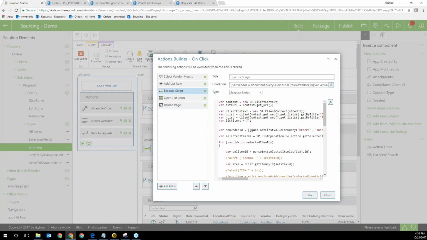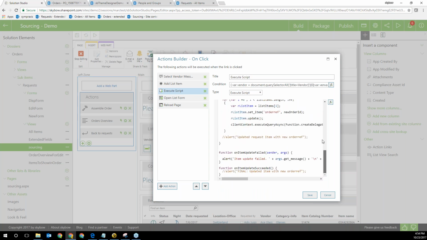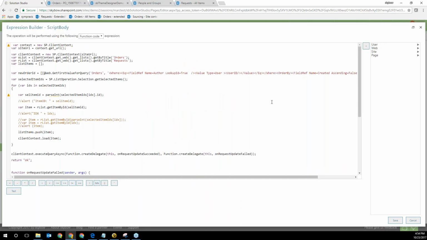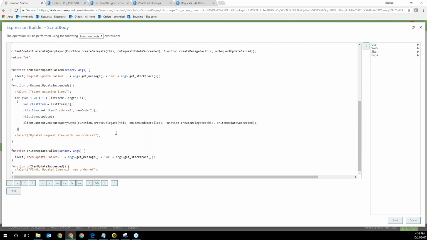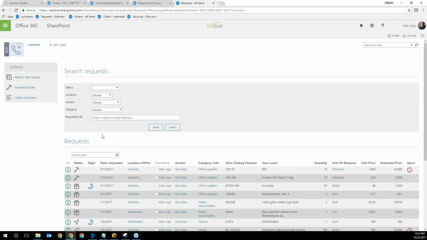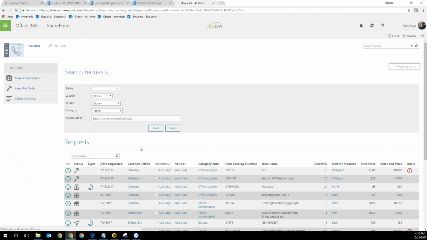So now there's a script here, which is actually showing us how the orders have been assembled. You see now here, this is not something a citizen developer can actually do. This is a thing for a professional developer to say, hey, I know exactly what I'm doing. I'm using the SharePoint JavaScript object model, and I'm choosing specific SharePoint data to actually select a few of those items from here. Yeah, those are those items. I'm going here to assemble the order.